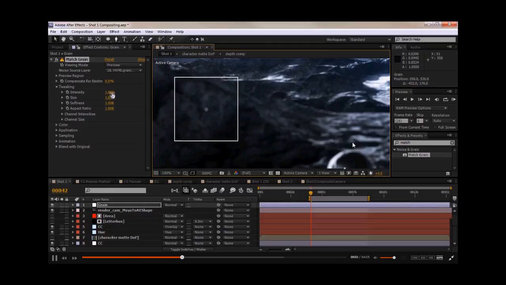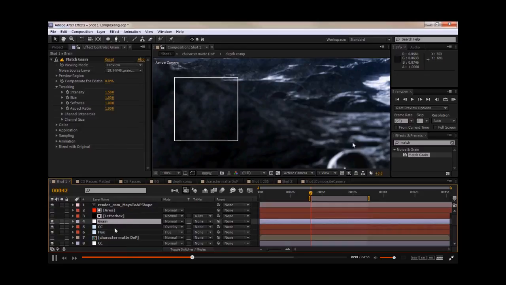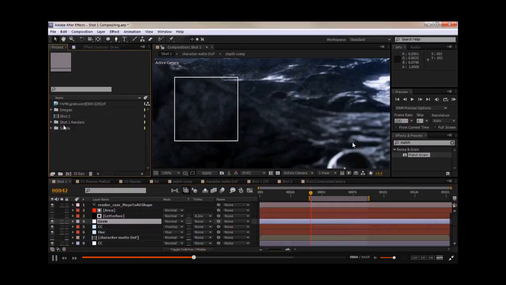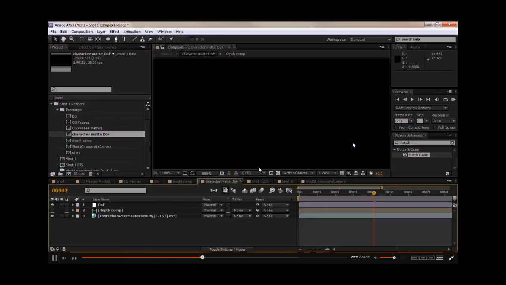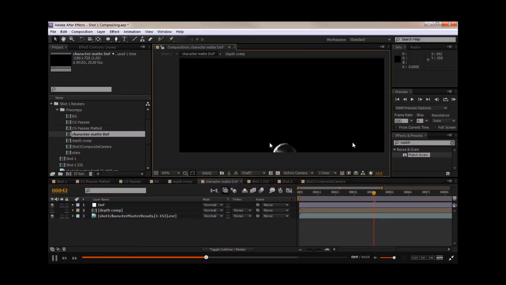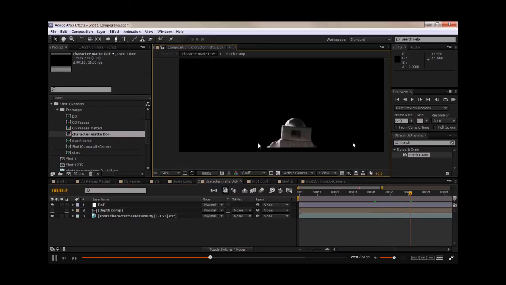Keeping that in mind, I'd like to increase the amount of grain here, maybe to 2 or 1.5. That looks good. And I'm going to put this underneath the letterbox above everything else. And what I want to do is, under project, under the pre-comps, wherever these are, I'd like to grab the character matte depth of field, and this is just the live action character